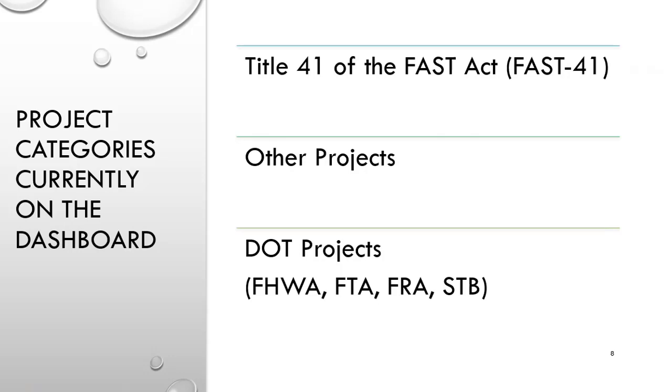The other projects category, those are the projects that were originally considered major infrastructure projects under Executive Order 13807. That was better known as the One Federal Decision. That EO was enacted under the Trump administration, then rescinded under the Biden administration, only to be resurrected and codified in the 2021 Infrastructure Investment and Jobs Act. The new one